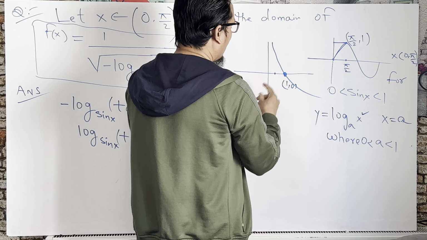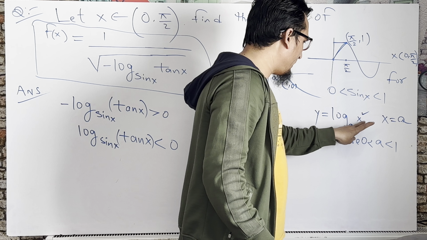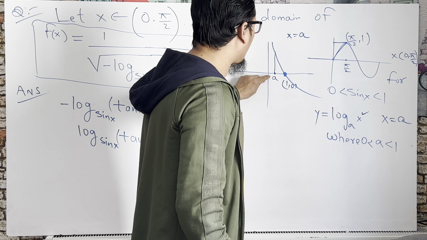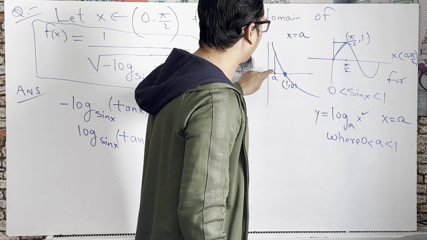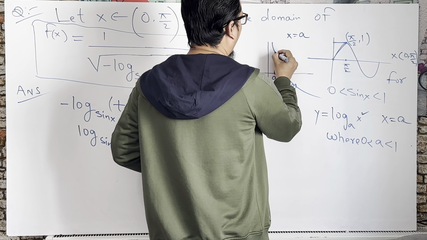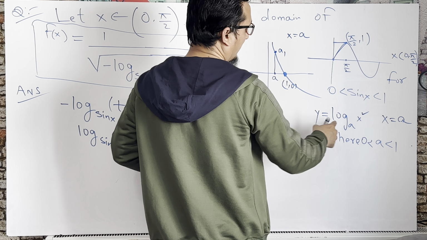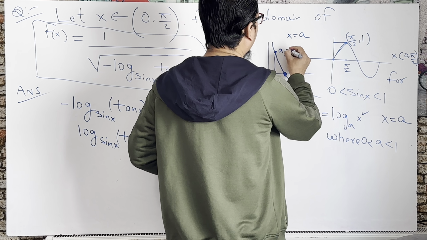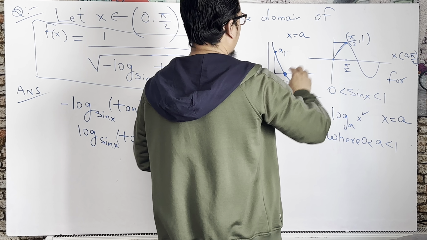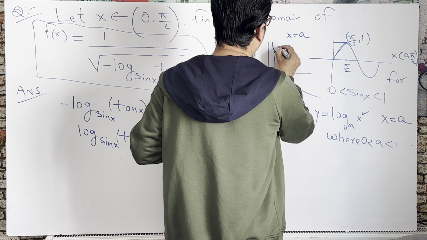So if you just go there, in this case I can say where x is equal to what? If this x is equal to a, because you can take a anywhere, this is 0.1, 0.2, 0.3, 0.4, anywhere. So if this x is equal to a, at that time we can say log base a, the answer is always 1. So you can see this is 1,